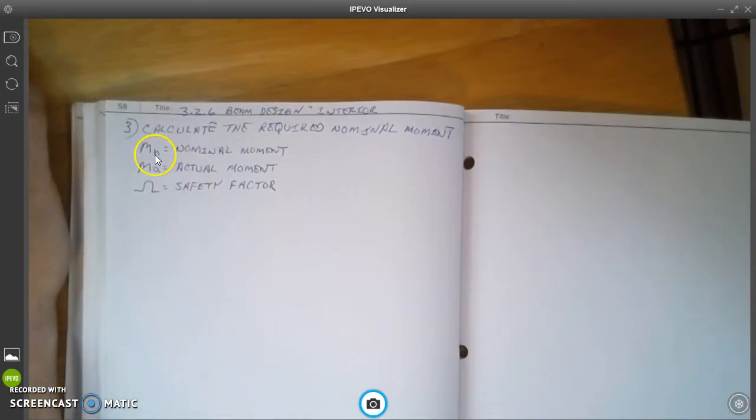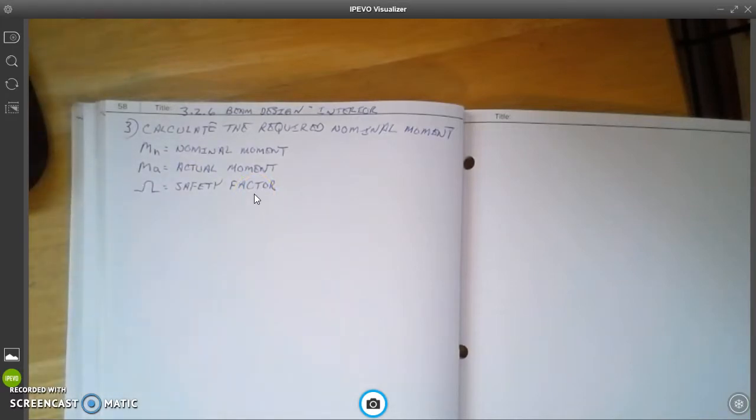And I wrote here that Mn is equal to nominal moment, Ma is actual moment, and then this Greek symbol, and that's just the name of it's just slipped out of my mind, is what's referred to as the safety factor. So I want you to take a moment and actually write these things down. So you have them,